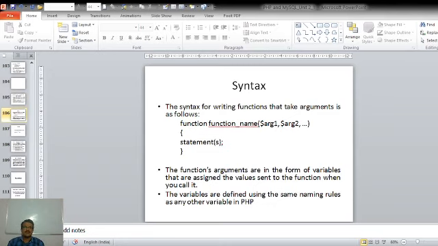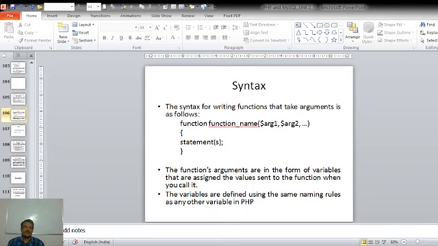So the syntax to create a function that takes arguments is the keyword function followed by the function name and, in brackets, argument 1 and argument 2 and so on, as many arguments as you want, then followed by the block of code, like our simple function. Now these arguments are in the form of variables that will be assigned the values sent to the function when we call it.